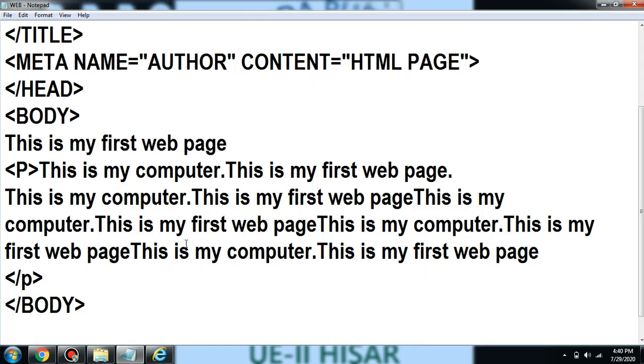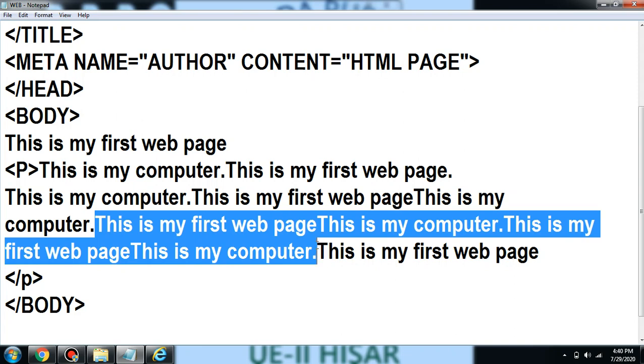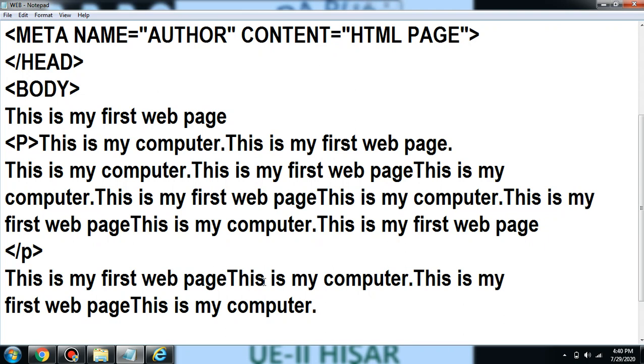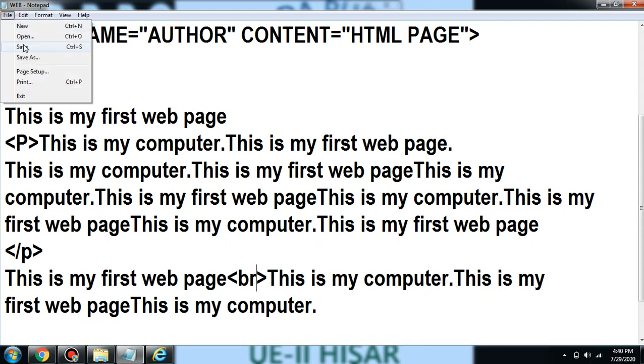One more thing I am going to tell you. This P tag is used for creating a paragraph. And one more tag is there, that is the BR tag. So in between, if I am using this BR tag or I am taking another line, I am copying this and I am pasting it here. So now I will not start the paragraph, but I will just put one more tag, that is the BR tag. BR stands for breaking row. So here I have put the BR tag and I am again just saving it.